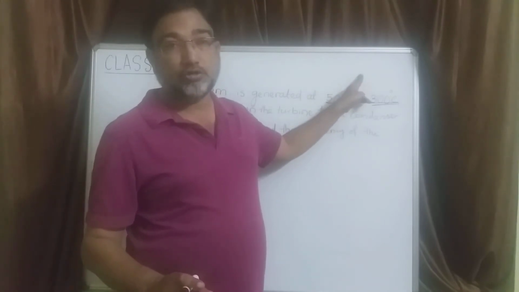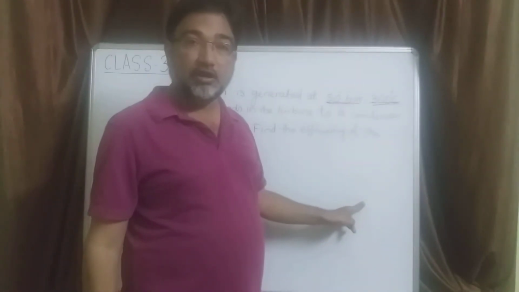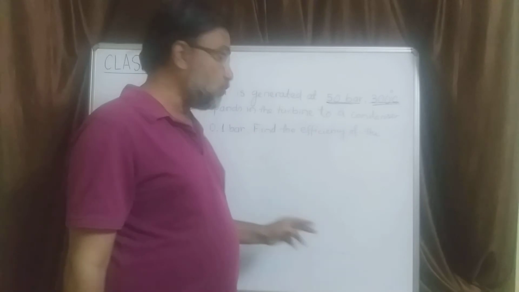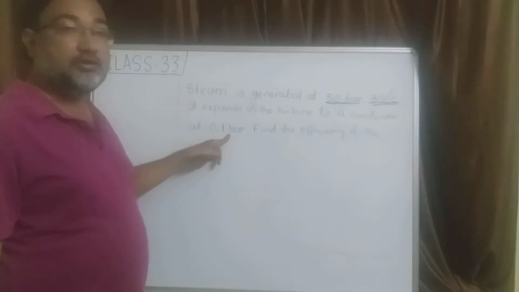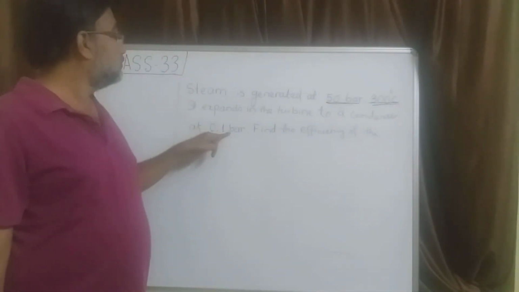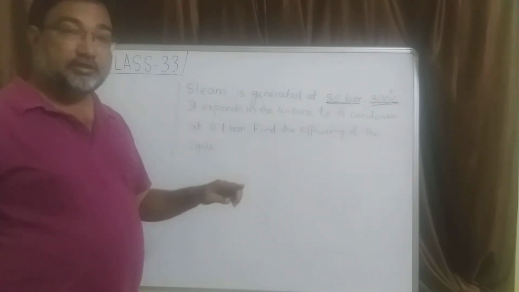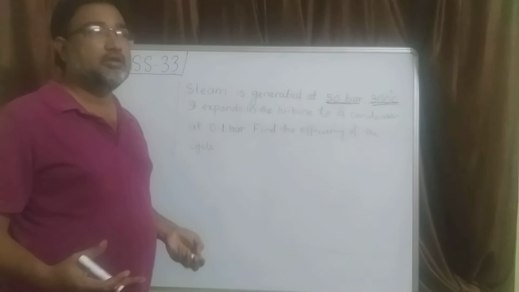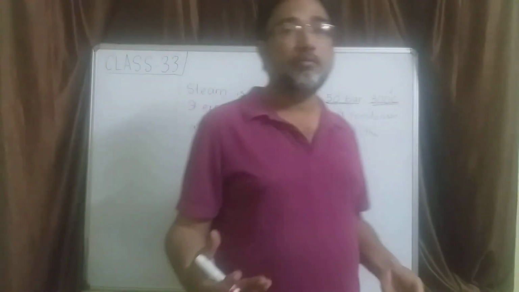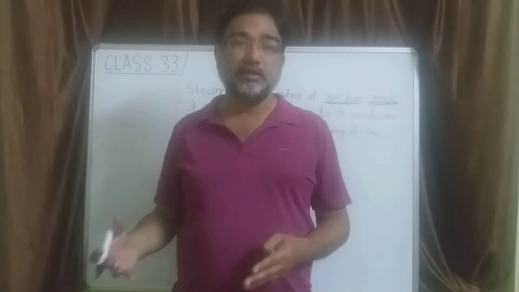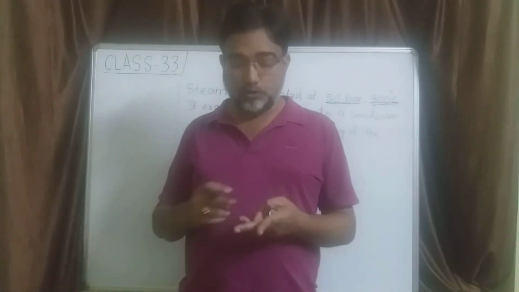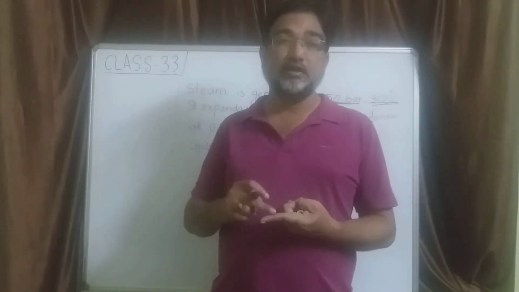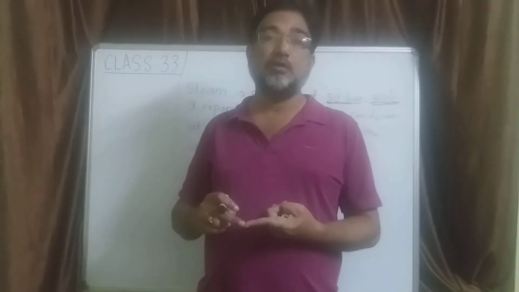So we get the point 2. From that we can draw a vertical which will cut the 0.1 bar line at some point. That point will be point 3, and after that point 4. What is point 4 after all? Point 4 is nothing but, our enthalpy at point 4 is nothing but HF at 0.1 bar. So you get the enthalpy value at 2, get the enthalpy value at 3, get the enthalpy value at 4.